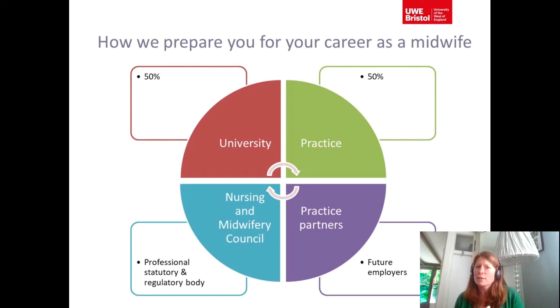It works well for our students because it means you have the opportunity to really get your feet under the table when you're in practice and spend a number of weeks out in a practice team. And then when you're back in university, you have some time to catch up with your colleagues, to catch up with us within the department, and consolidate your learning and assimilate the experiences that you've had in clinical